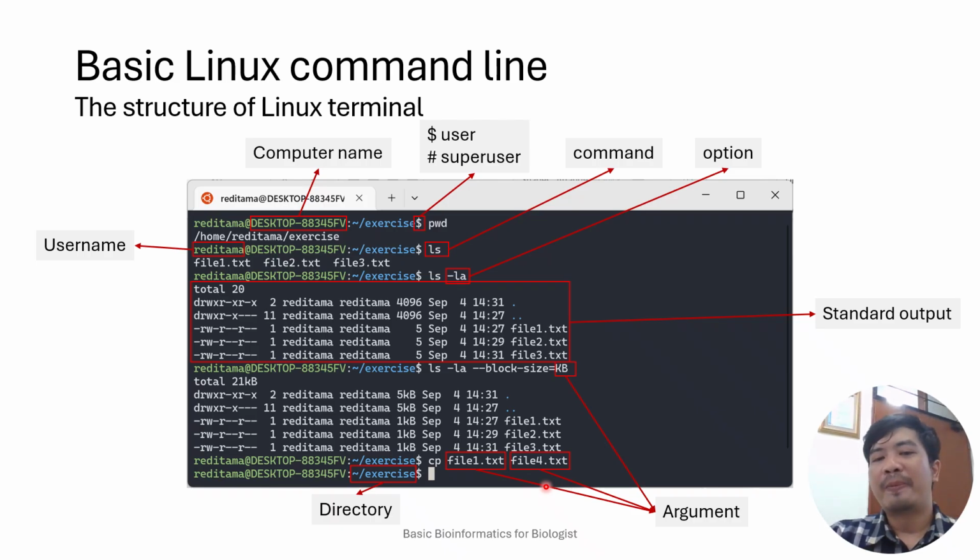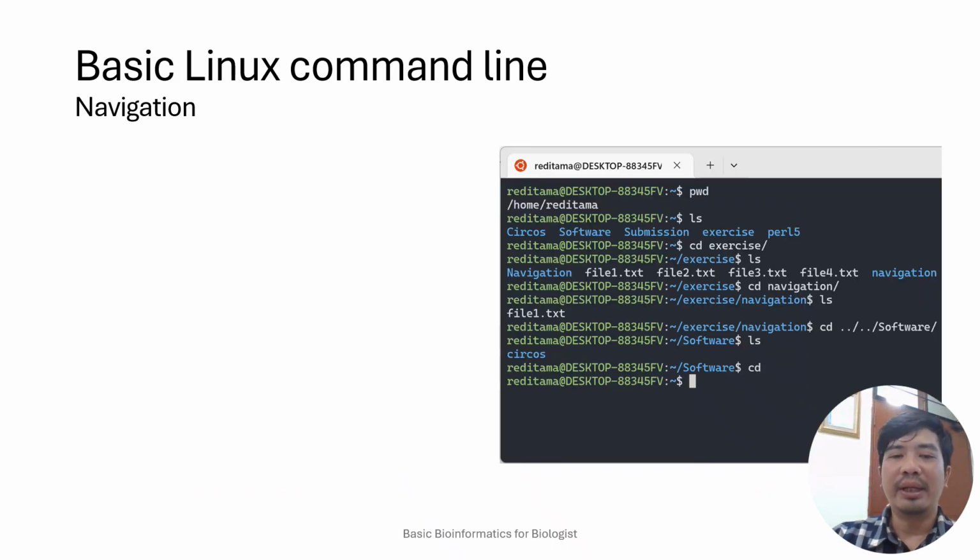Standard output is the thing that you can see on the terminal because you executed a program.